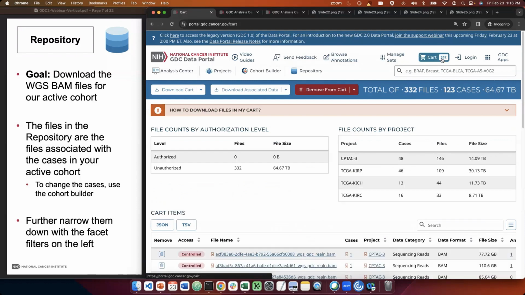We can click on Cart, and now we have a breakdown of the files by authorization level, which all of them are currently unauthorized because of their BAM files, and that requires dbGaP access. Then they are broken down by project, which is listed here. At the bottom is a list of all of the files in the cart, but I'd like to show you a couple more